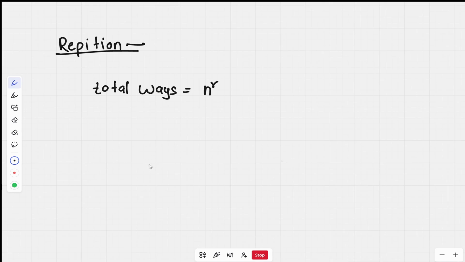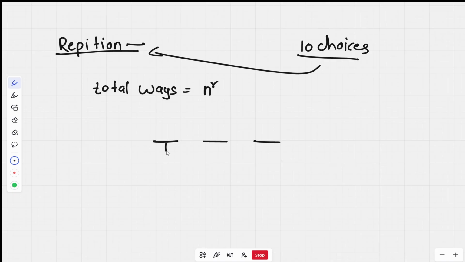Now, how is it n to the power r? So let's take the same method to solve the question which we used in our previous video, where we had three blank spaces, and let's say we need to fill them with numbers from 0 to 9. Now from 0 to 9 we have 10 choices, and the numbers are allowed to repeat. Then here I have 10 choices, and let's keep filling a number. For example, I have filled here 7. Now here repetition is allowed, so there's no condition that we cannot put the same number,